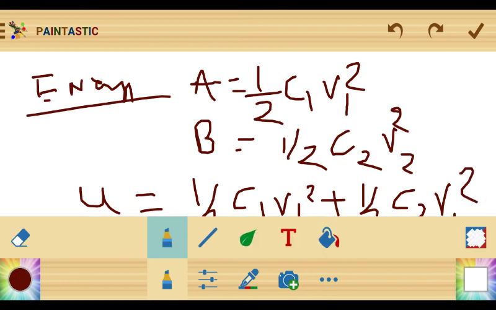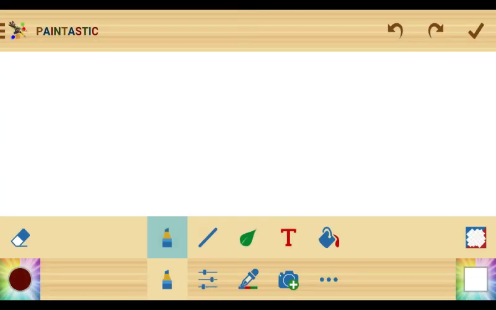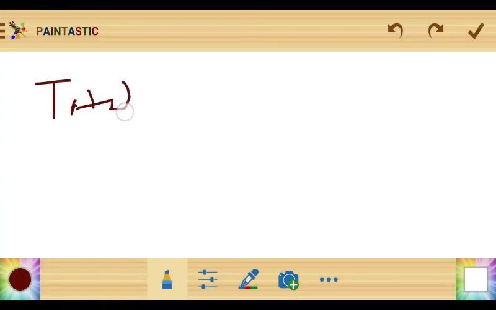Okay, and total energy, this is now the total potential. So the total potential, which we have already done,